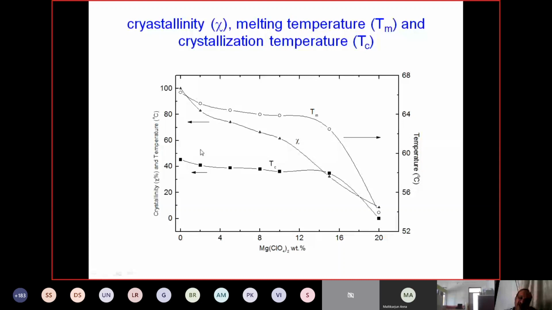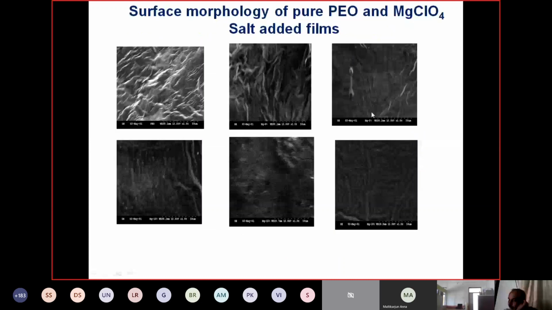This is about the scanning electron microscope photographs. This is for the pure PEO. We added salt to this; this is the lower content, and this is the higher content one. You see here, it is showing a rough surface, and this one is very rough. Roughness indicates the crystal nature. But when we added salt, it is smoothening. That means the crystal nature is changing into amorphous nature. You can find it smoother and smoother still.